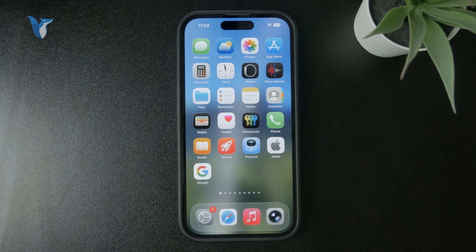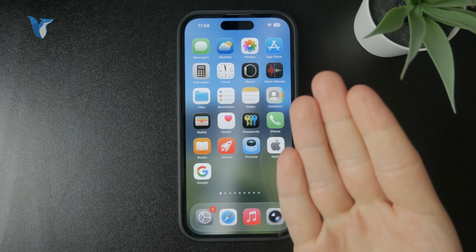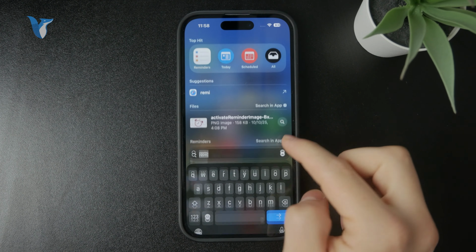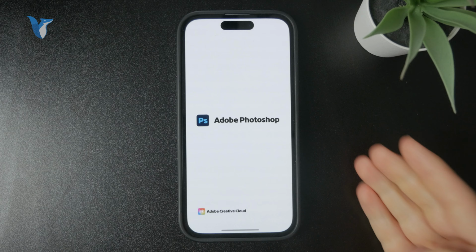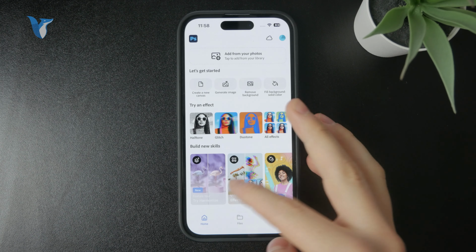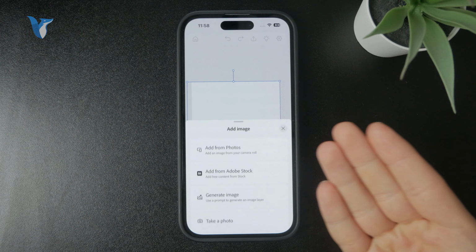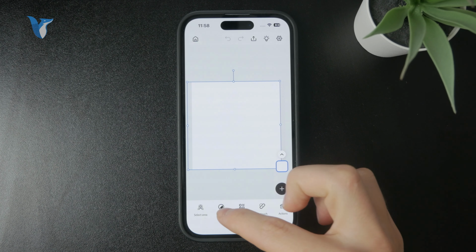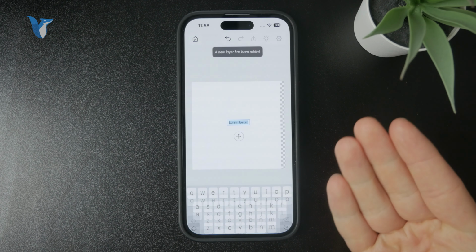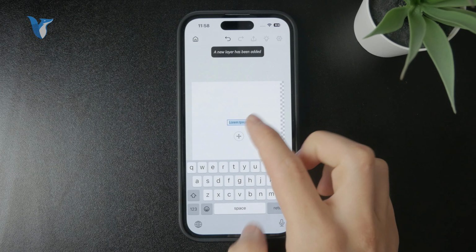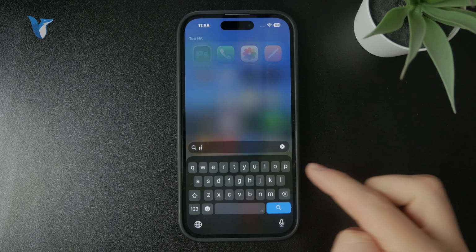So if you ask me, of course, there is the ability to download Photoshop and start with a blank page and add the background and add effects and the title, photos, whatever. That could work if you have some experience with it and if you have time to put it all together nicely. But I believe that a better way would be to use a template, for example, through an app